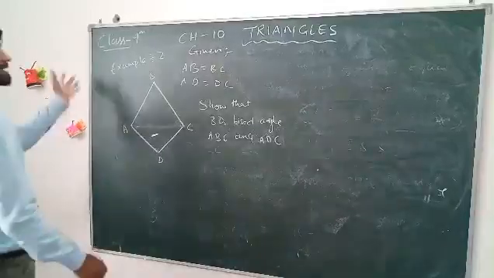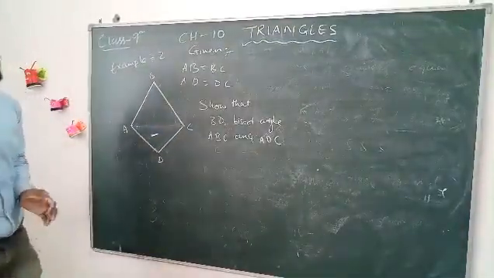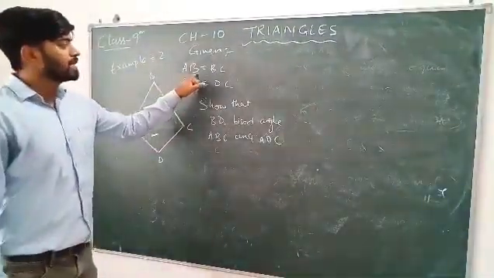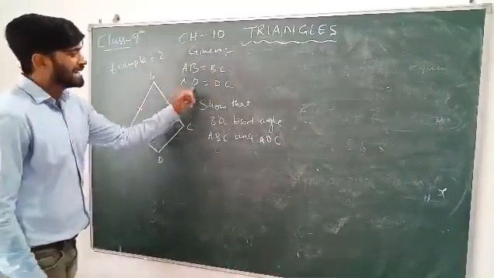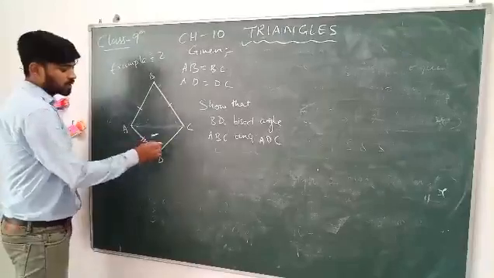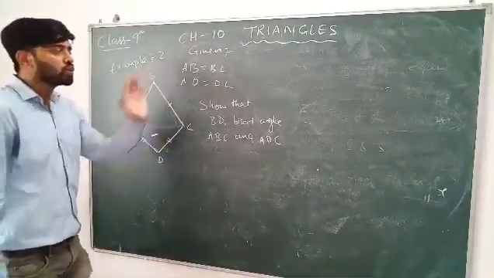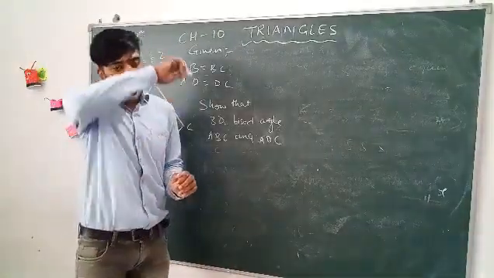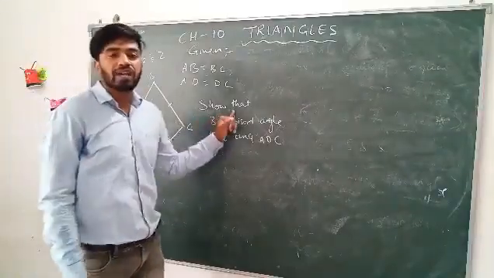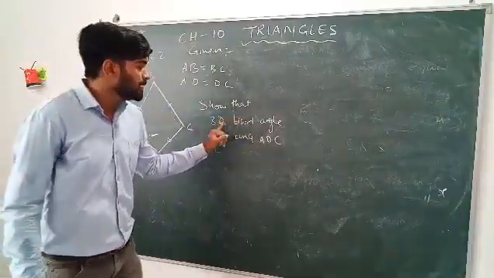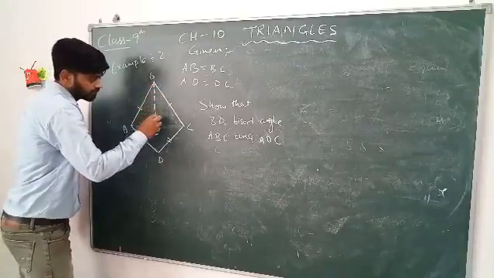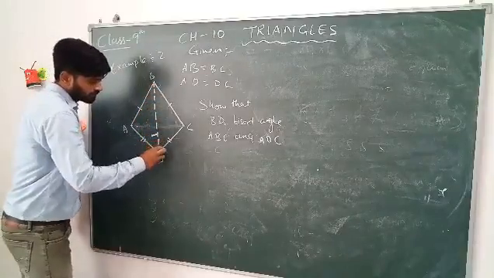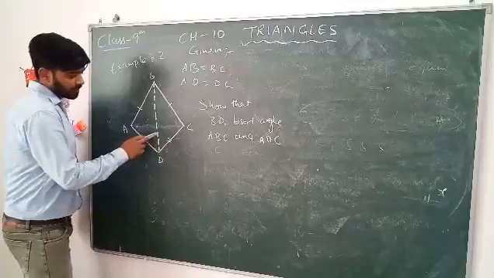Okay, we'll be seeing example number 2. In this example, they have given that AB equals to BC, that this is equal to this, and AD equals to DC. This one equals to this. These are the only two things that are given to me. And then they ask me to prove or show that BD, this line, bisects